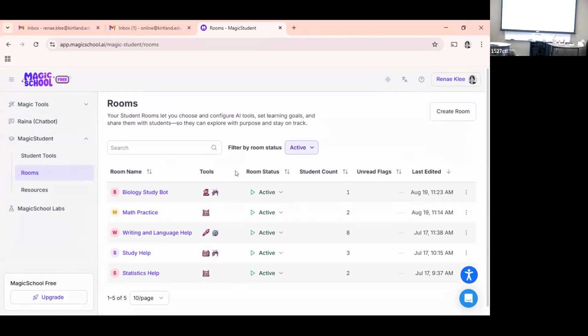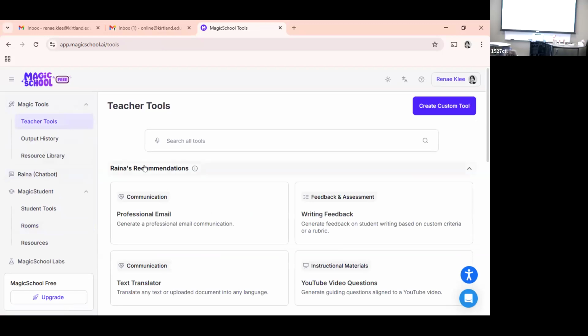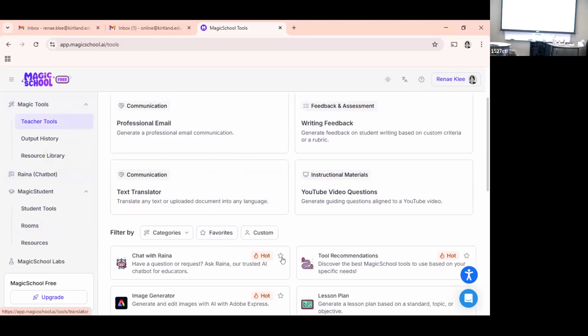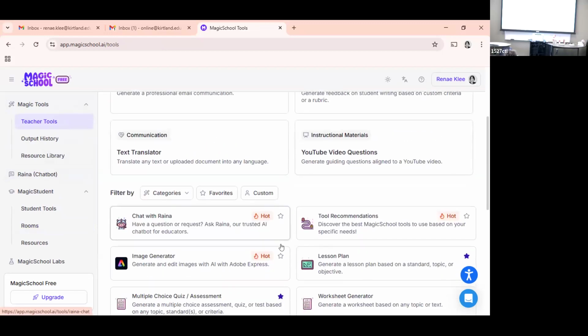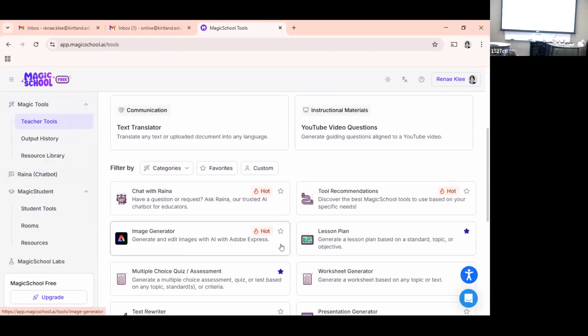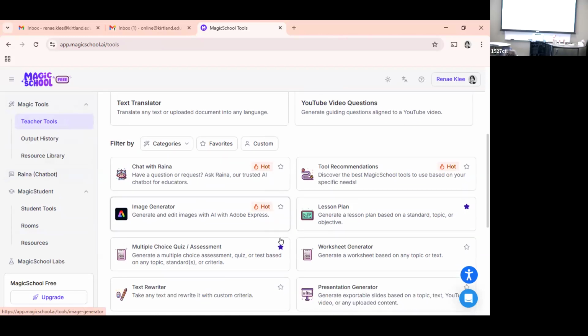If you create any rooms, feel free to share the link with your neighbor and play around. This is worksheet generation. It gives you a narrative paragraph of information for reading comprehension, and they answer questions under the paragraph, in both formats: true or false, and fill in the blank.